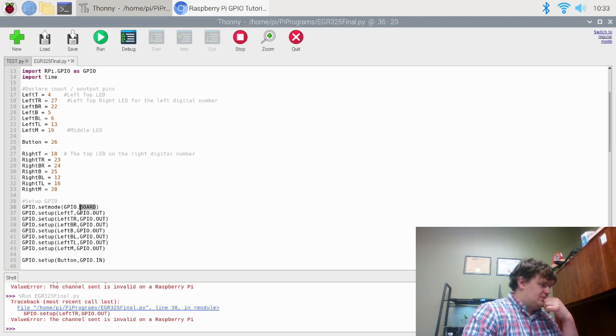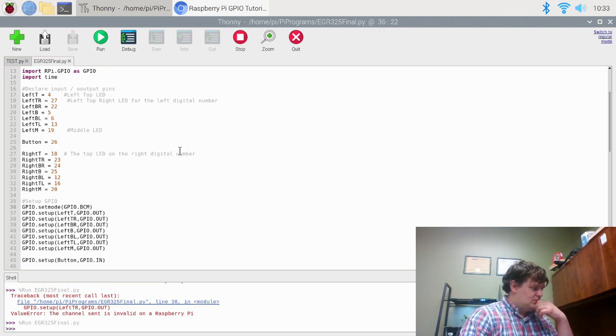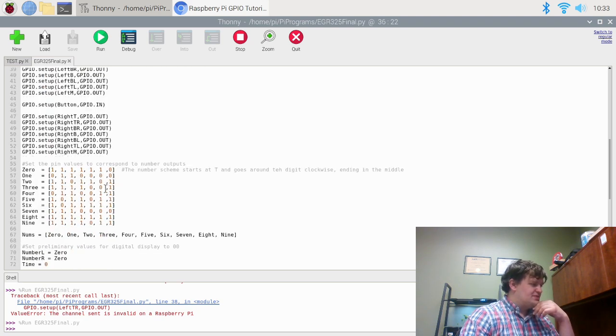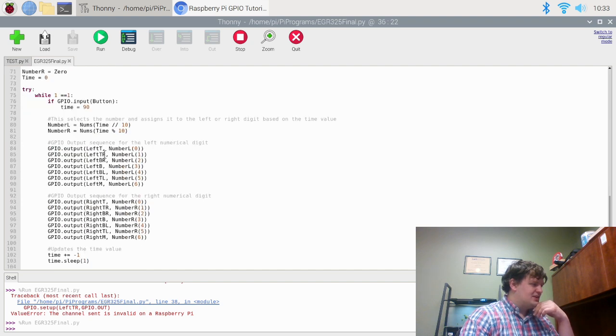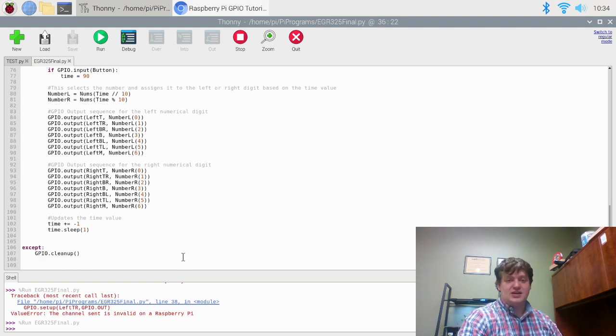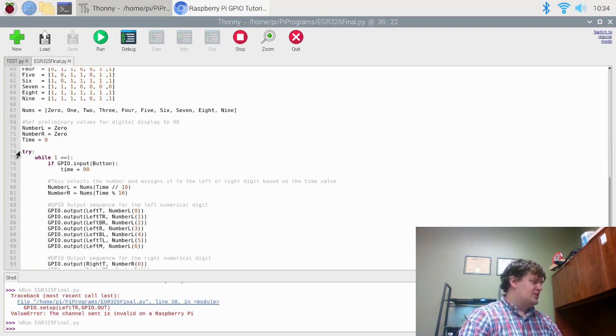I'm going to change this to BCM. Yep. Now it did experience an error inside of this code right here, and you'll notice it doesn't show anything. It's because the way that this works is that if an error happens, it immediately jumps down to except. Okay? So while we're trying to troubleshoot this code, I'm going to go ahead and